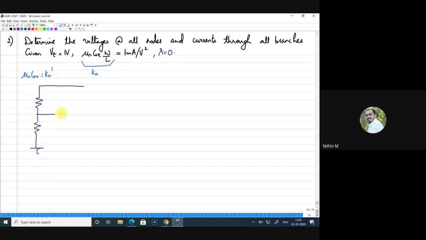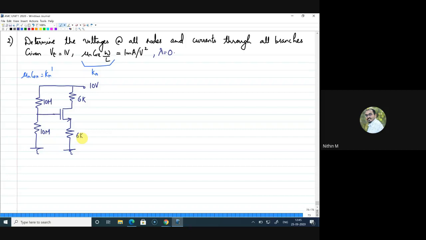So this is your circuit diagram where you have a MOSFET connected to 4 resistors in a voltage divider fashion. I do not know whether you have heard about voltage divider biasing before. Can I get a response in the chat box? Are you familiar when I say it is voltage divider biasing? All right, yes, okay. So this is 10 mega, this is again 10 mega, this is 6 kilo, and this is also 6 kilo.